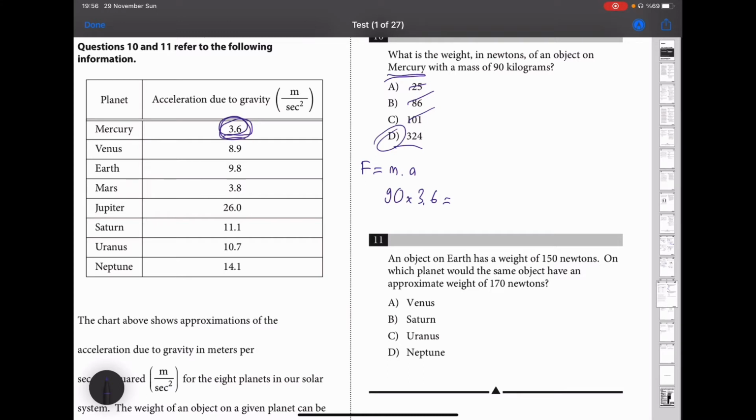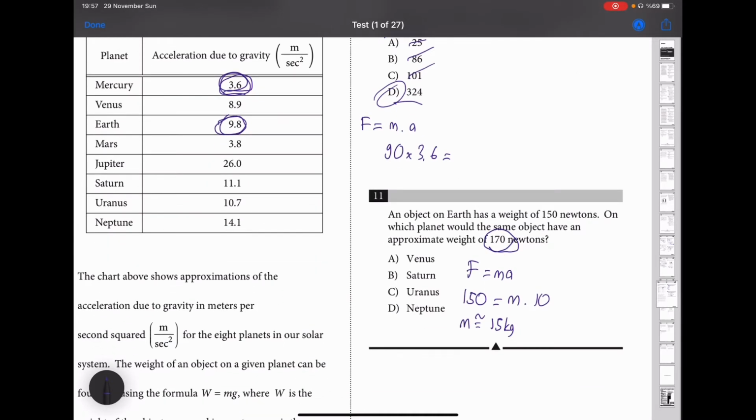Okay, let's write the equation of motion again. On Earth, it is 150 newtons. We don't know the mass. Acceleration on the Earth is approximately 10. Right, it's 9.8, right? So mass is approximately 15 kilograms. So which object can have 170 newtons? Obviously,